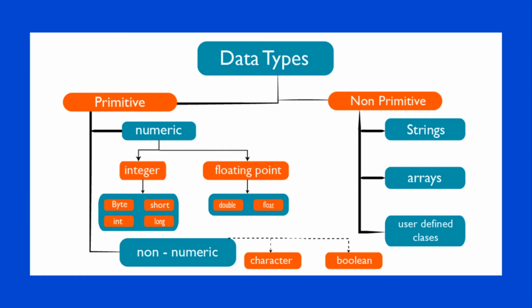While non-primitive, as I already told you, are built upon the primitive data types. Let's suppose we consider string. It is an array of characters. Character is a primitive data type, and string is an array of characters, so it uses the primitive data type as its base and builds upon it to make a string data type. So this is what non-primitive is all about, and we will see arrays as well, and the user defined classes, the classes we will make in object oriented programming. These will be the data types that are defined by us.